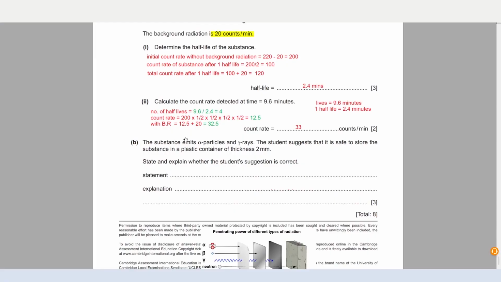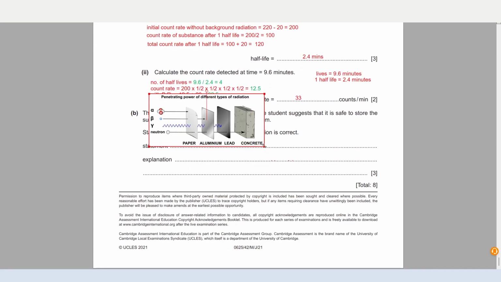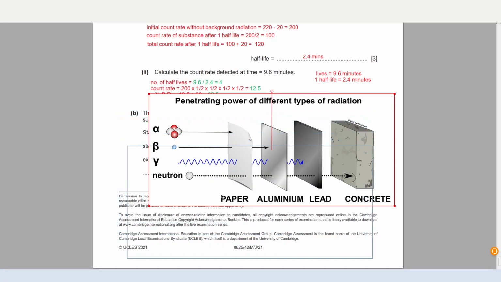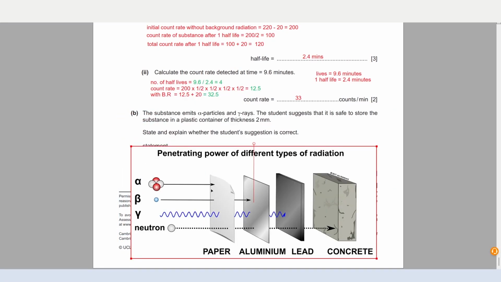Part B says the substance emits alpha particles and gamma rays. The student suggests that it's safe to store the substance in plastic container of thickness 2 millimeter. State and explain whether the student's suggestion is correct. I have given a diagram here which shows that alpha particle is the least ionizing, and it just needs a sheet of paper, and beta particle only needs aluminum sheet or something, and gamma particles need something made out of lead. So we can conclude here that